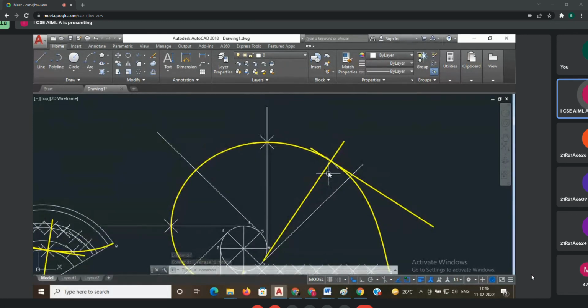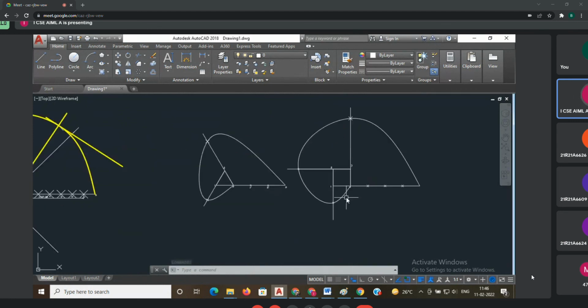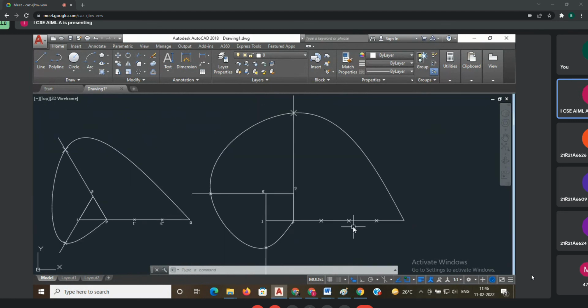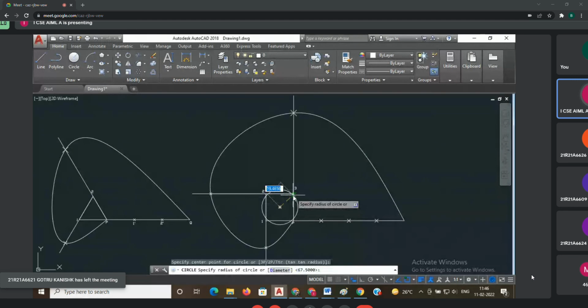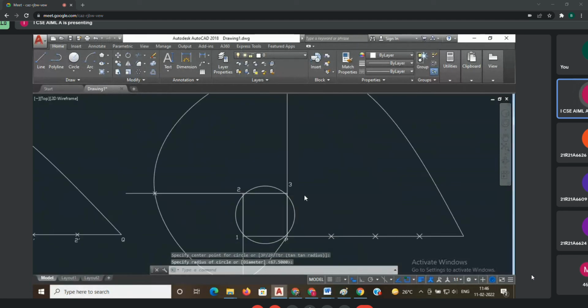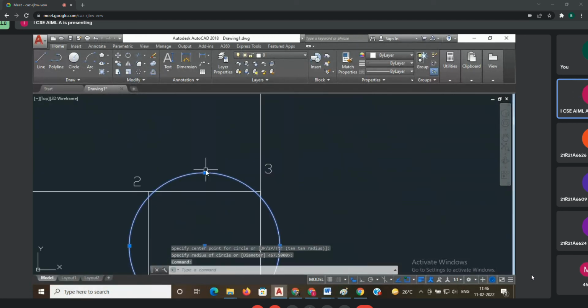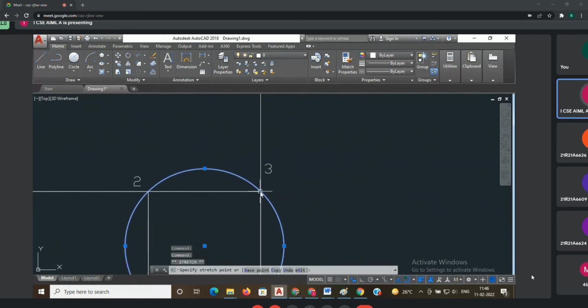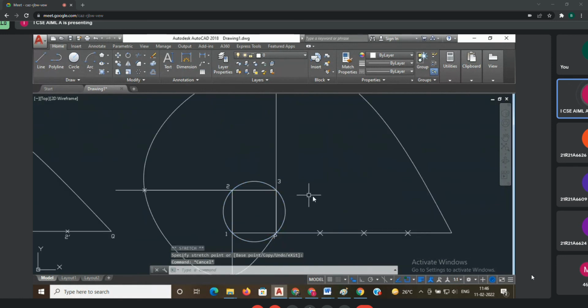Suppose they won't mention, just draw here. Select this vertical line as your normal and draw a horizontal line 90 degrees to that, you will get the tangent. In the maximum cases, for the polygons, they won't ask the tangent and normal. If they ask, just draw first a circle, center and radius. Center of the polygon is this one, and radius means this corner. Okay, center and radius. Then same procedure.